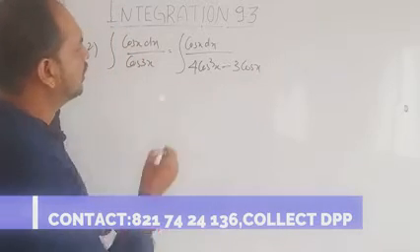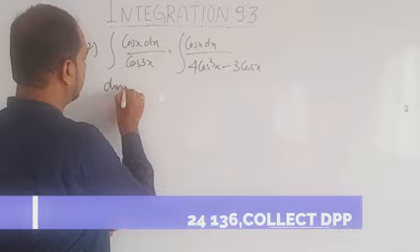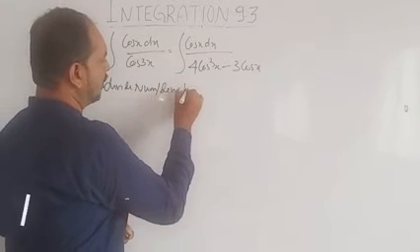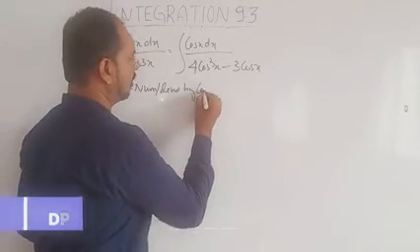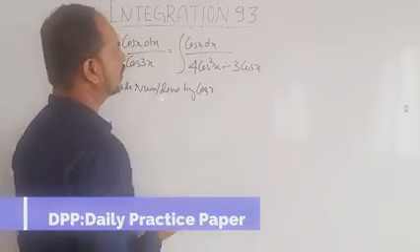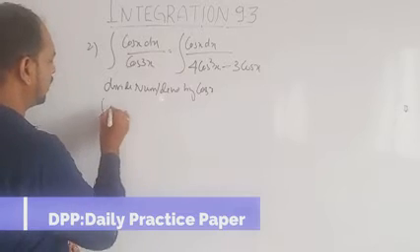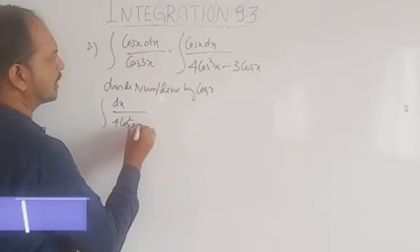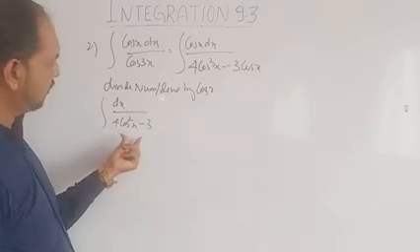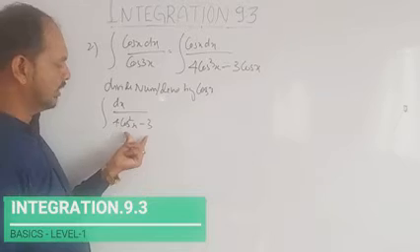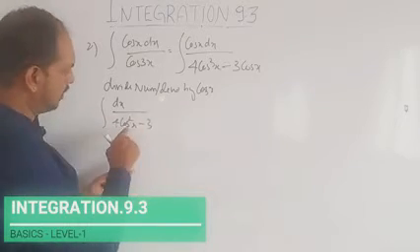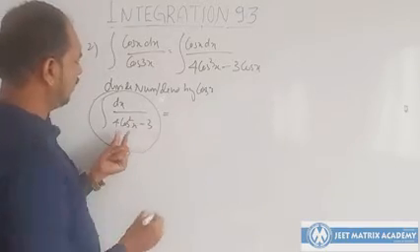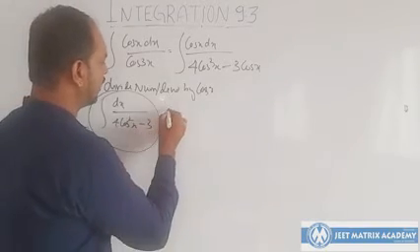Okay. So now divide numerator and denominator by cos x. So what happens? Cos x in the numerator goes, it is dx divided by 4 cos square x minus 3. Okay, I simplified and directly wrote the steps. One step I skipped, you please note down. Okay, don't get confused.